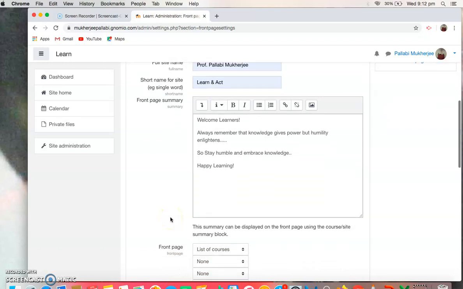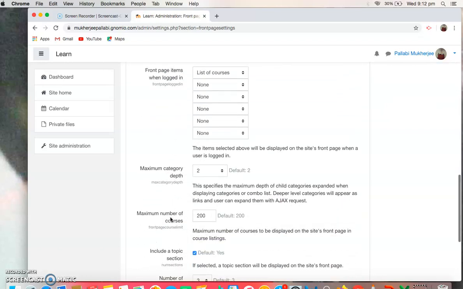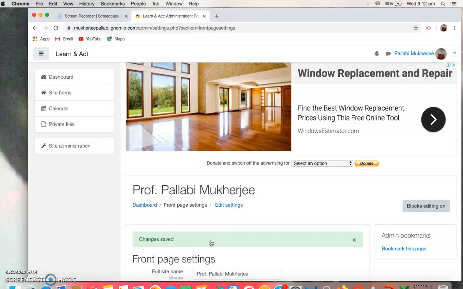You can add anything as a summary of your front page. Rest is fine. Again, remember these are the basics. You don't need to change anything. And now you can directly save your changes. Yeah, great. I think it's done. Did you see? The changes which I made, learn and act, my name, these have all been changed.